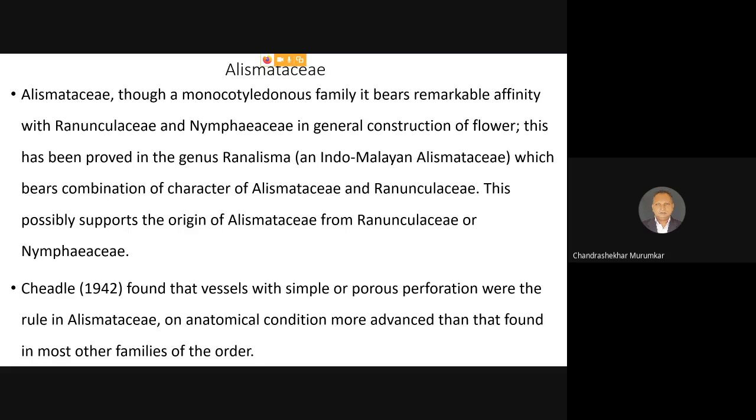primitive hypothetical angiosperms, what can be called the proangiosperms, and an offshoot of this proangiosperms on one side is giving rise to the dicotyledonous strain through Ranunculaceae, and on the other side, it is following the monocotyledonous strain through Alismataceae. But remember, in both these conditions, as they are having the marshy habitat, this is a very interesting character. Remember, in case of dicotyledons, the terrestrial habit is considered as the primitive habit, and aquatic habitat is treated as an advanced character.